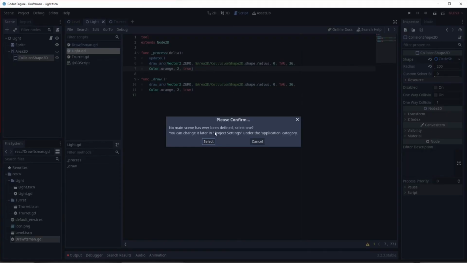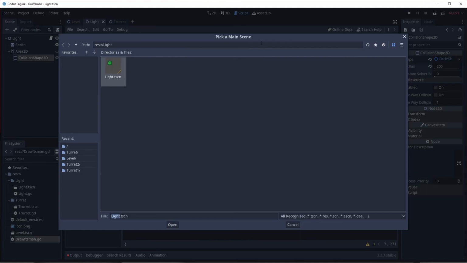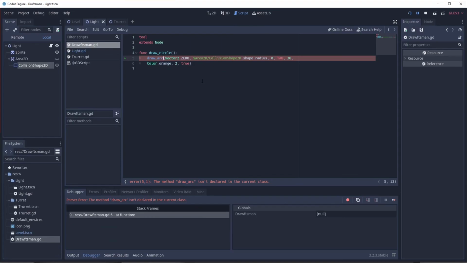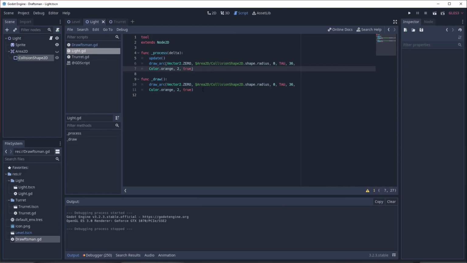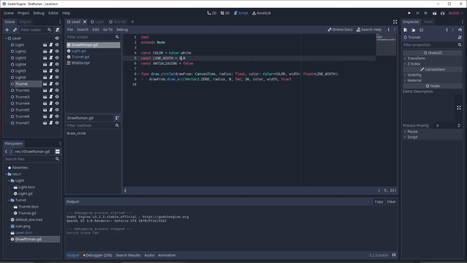Let's run this. We want to run our level scene. And we say an error that says the method drawArc isn't declared in the current class. That's for the Draftsman. Okay, let's comment it out. Run this now. How is this working? So by adding more constants here, by adding more draw calls here, we can set up our Draftsman to work